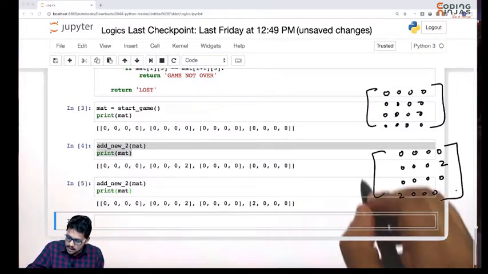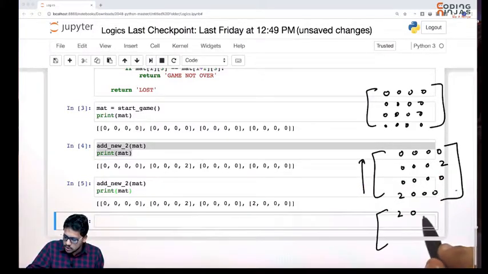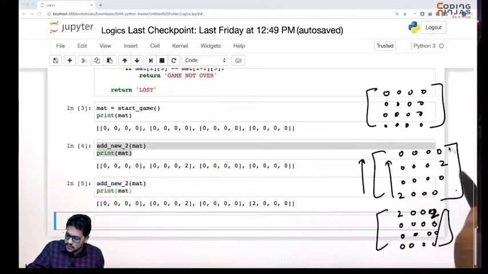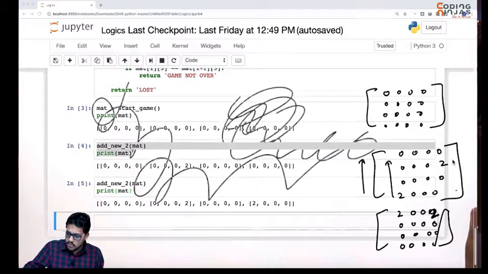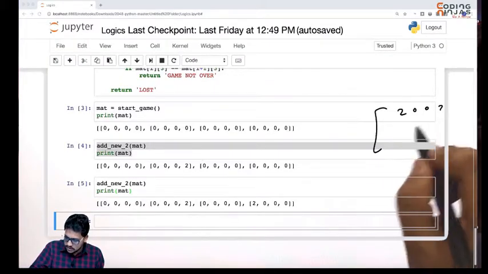Okay, let's implement an up move here. So what should this matrix become? It will become 2, 0, 0, 0, 0, 2, 0, 0, 2, 0, 0, 0, 0, 0, 0, 0 and 0, 0, 0, 0. So this 2 will move upwards, and this 2, this should become like this,